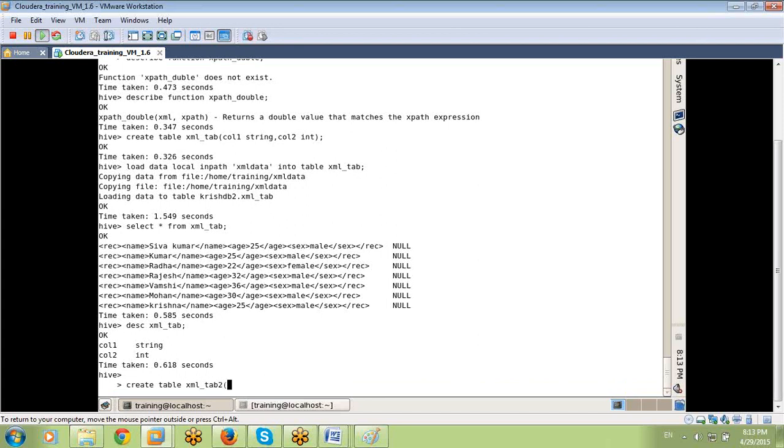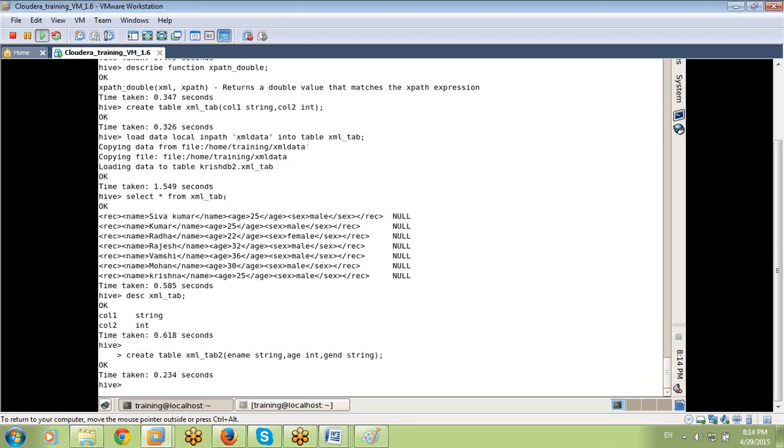Now take meaningful names: employee name string, employee age integer, and gender string. If I don't want age or gender, I remove it. I'm taking these three only because in my XML data, these three are the only children.